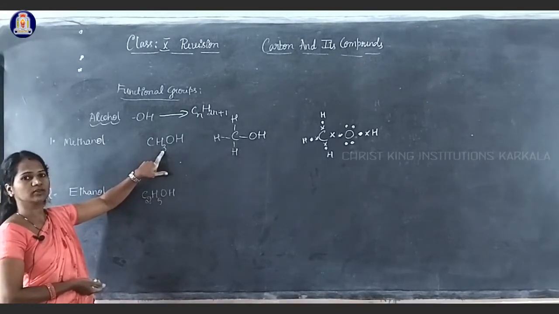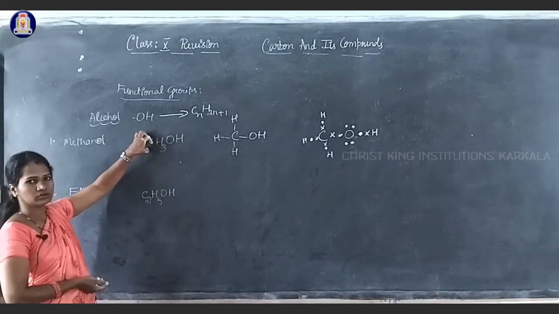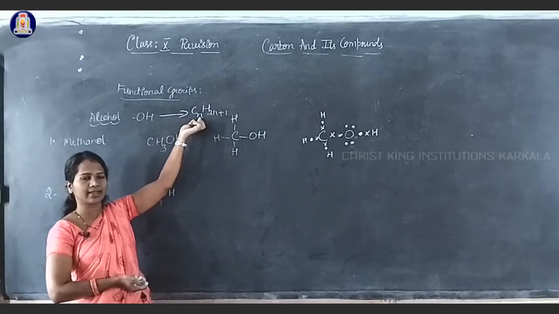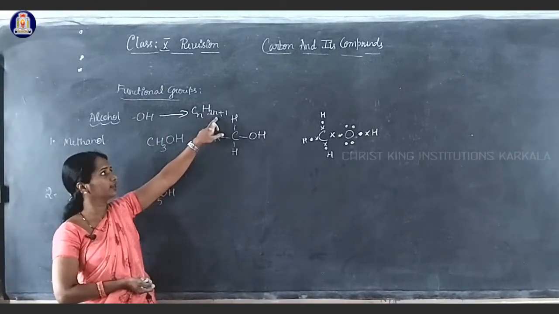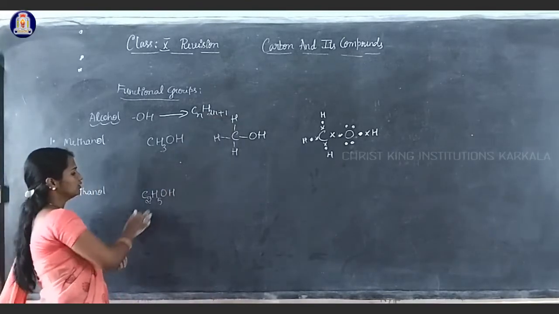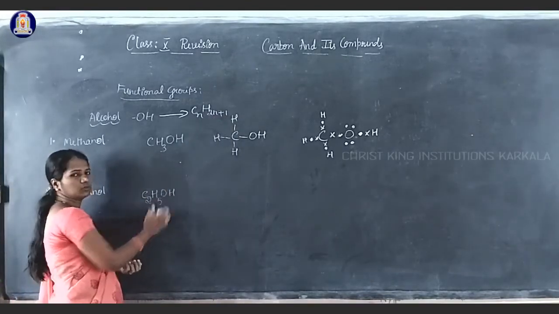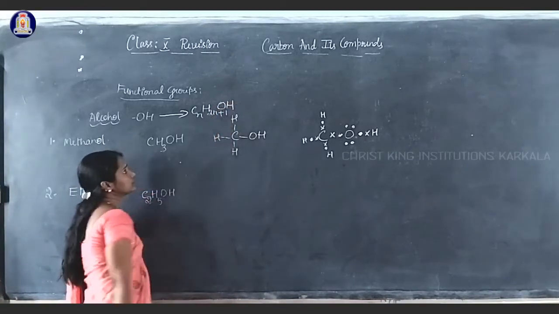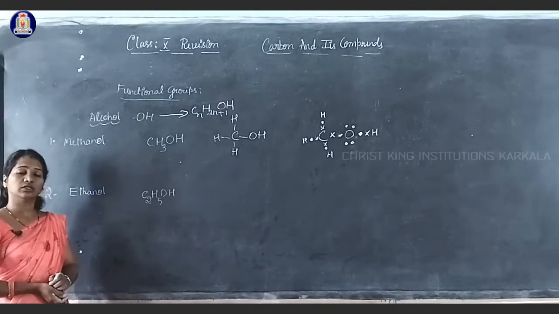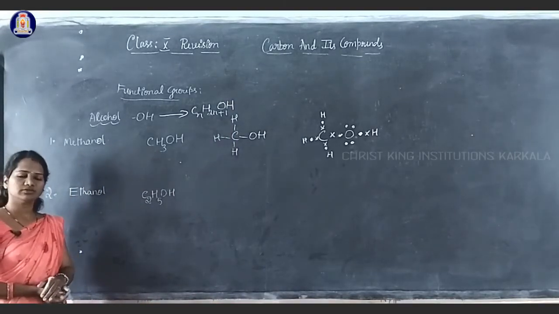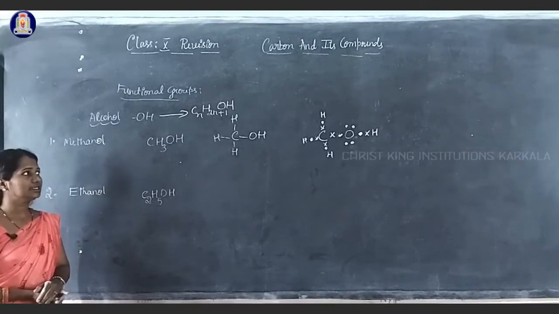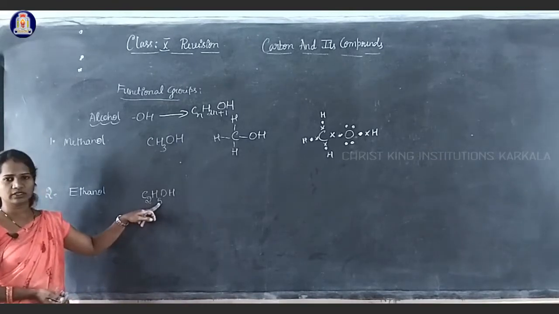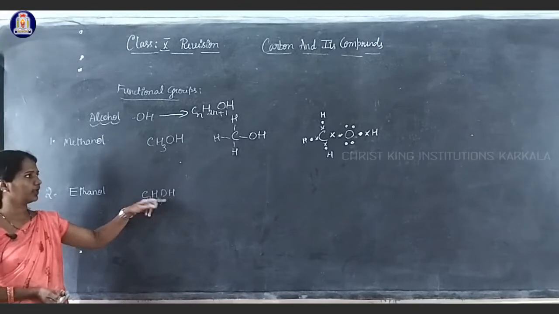The relation between hydrogen and carbon: the hydrogen atoms can be calculated by doubling the carbon atoms and adding 1, 2n plus 1. That is C2H5. And one more thing, there is one more group, the OH group. So in this way we can write the general formula of the family of alcohols: CnH2n plus 1 OH. C2H5: 2 twos are 4 plus 1 is 5, OH.